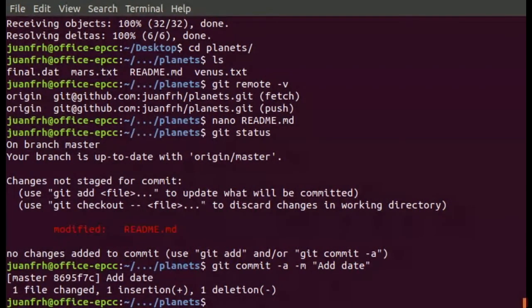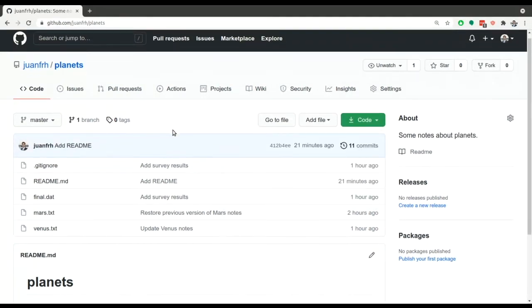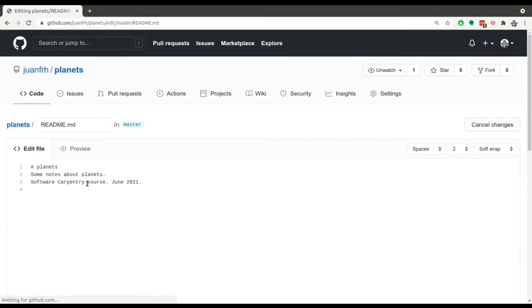What if I want to upload these changes to the remote repository? Okay, I will wait, because what I will do is modify now the remote repository. I mean, I will create a conflict. You can see how to solve this conflict. Because with GitHub you can modify files here. If you click here in edit, I can